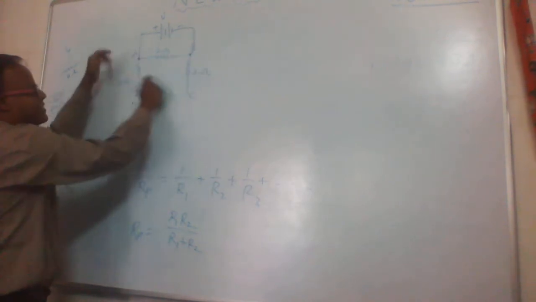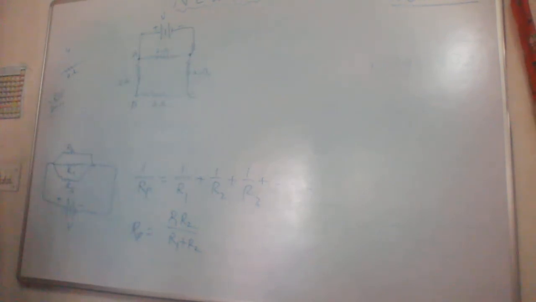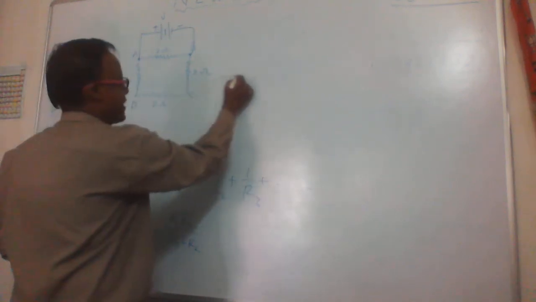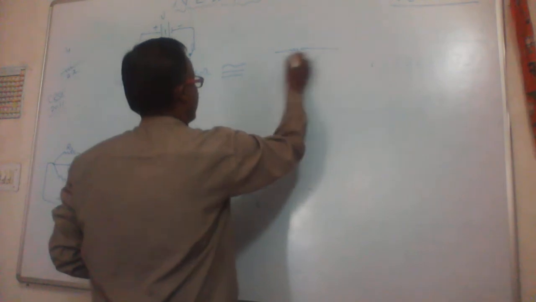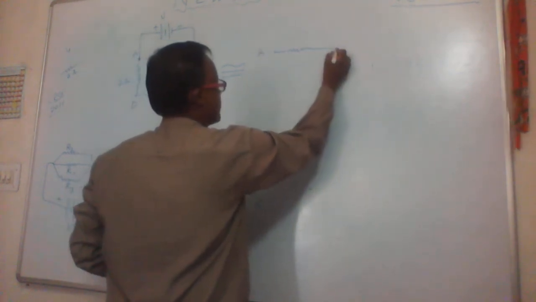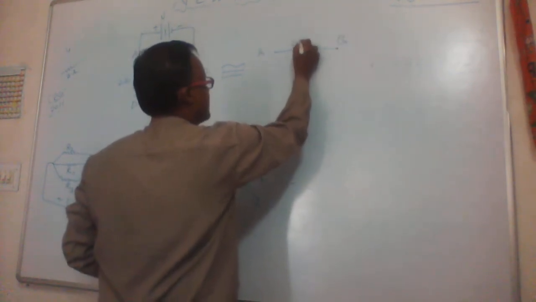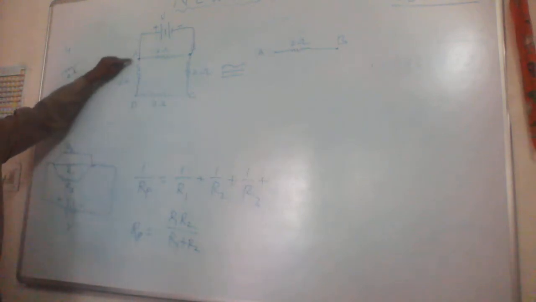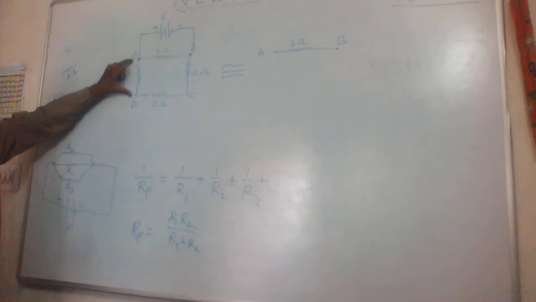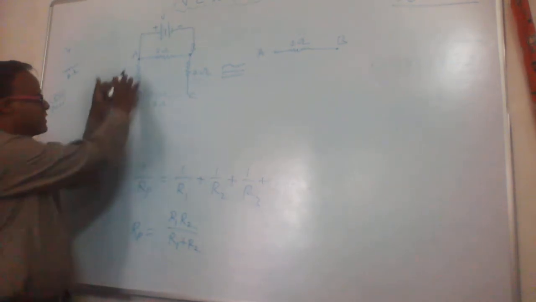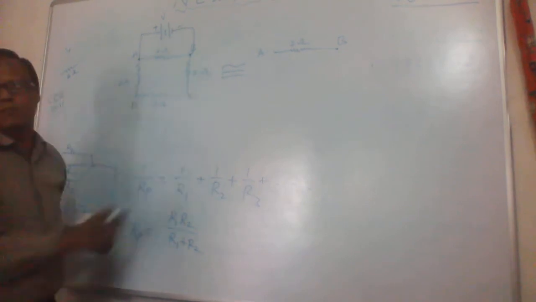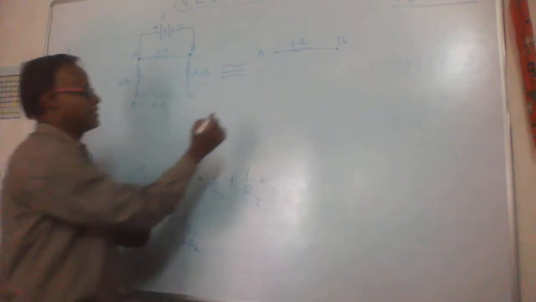These three resistors are connected in series. We can draw an equivalent diagram. We can say it like that. Okay, this is the resistor. This point is A. This point is B. It is 2 ohm. And this is one point. Another point of resistor AD is connected to the first point of DC. So we can say this AD, DC and CB are in series like that.